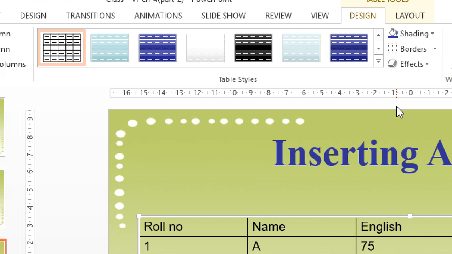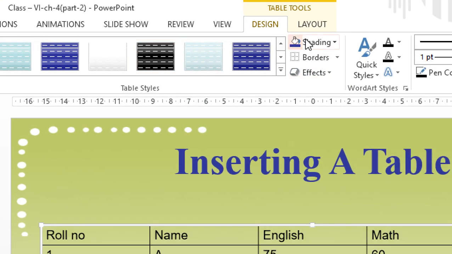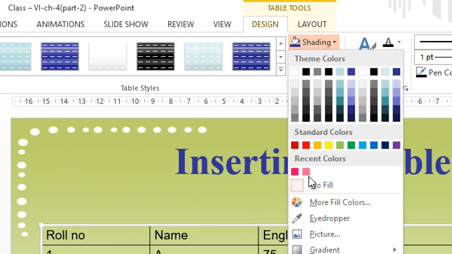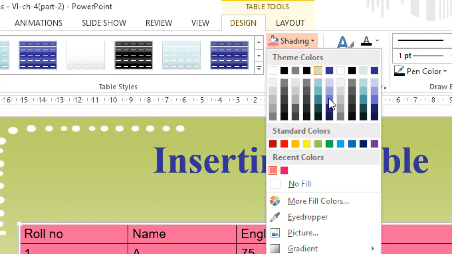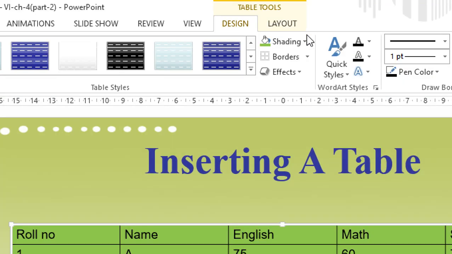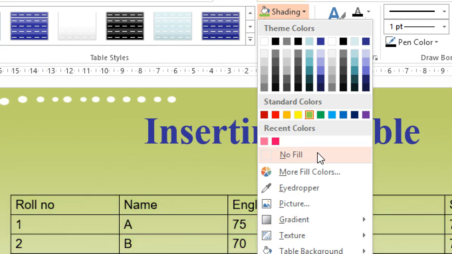Now in shading, if you are not using all these colors, then go to shading and choose any color and shade the table with that color, which means the whole table will fill with that color. This is the shading option. You can change to any shading color, and you can even choose no fill color, so it will not fill any color.